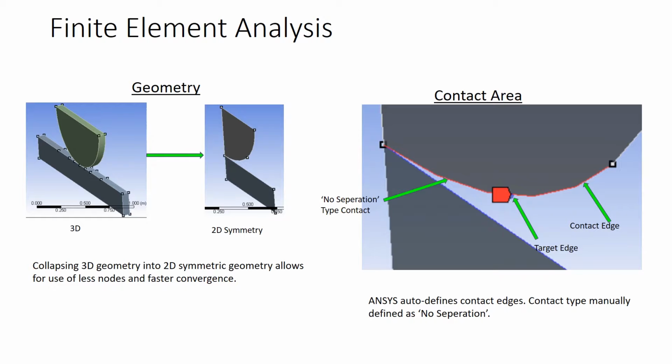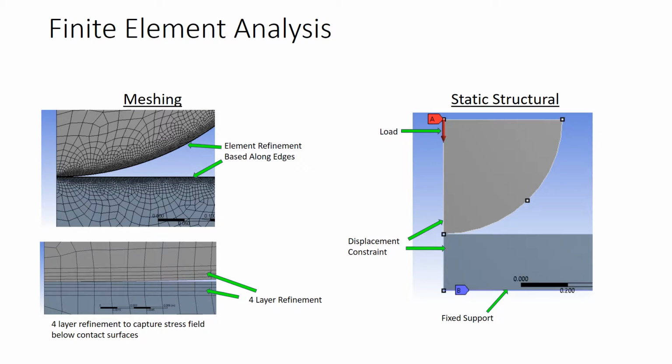From here, it becomes necessary to define the area of contact between the two bodies and further specify these edges as no separation contact. In order to properly mesh the geometry, there was extensive mesh refinement along the surfaces of contact between both the wheel and the track. This refinement was done 4 layers deep in order to correctly capture the stress distribution beneath the surface of both